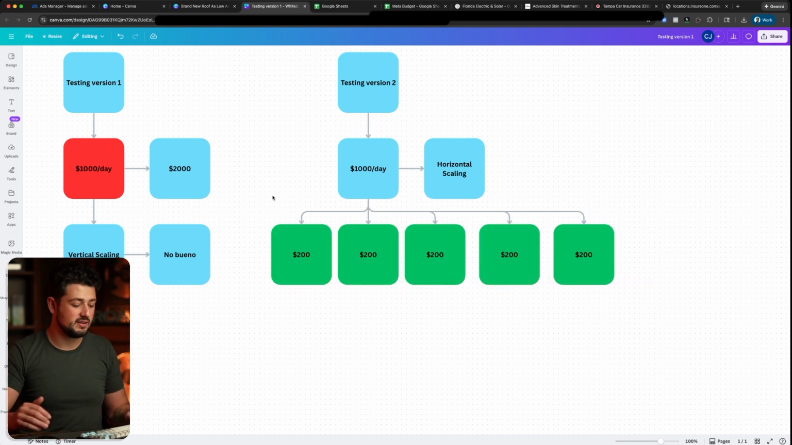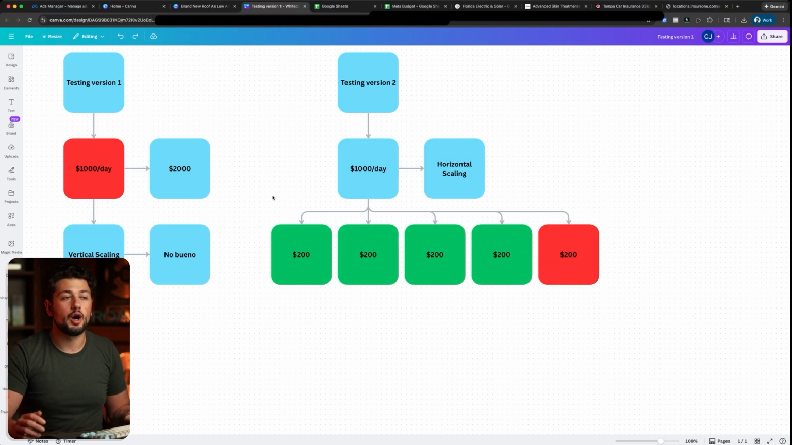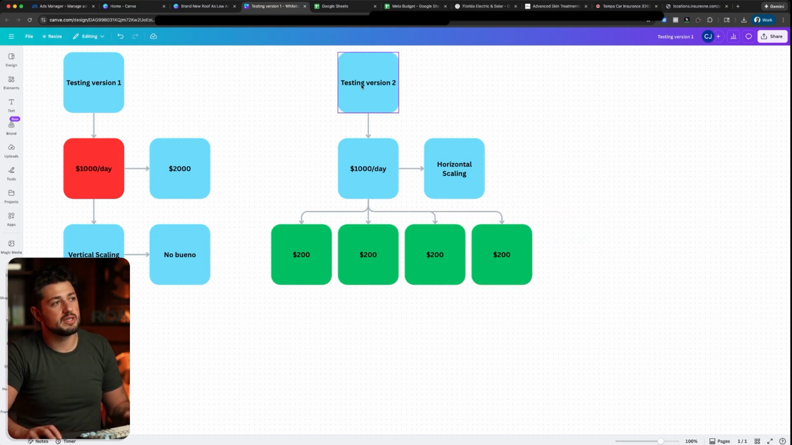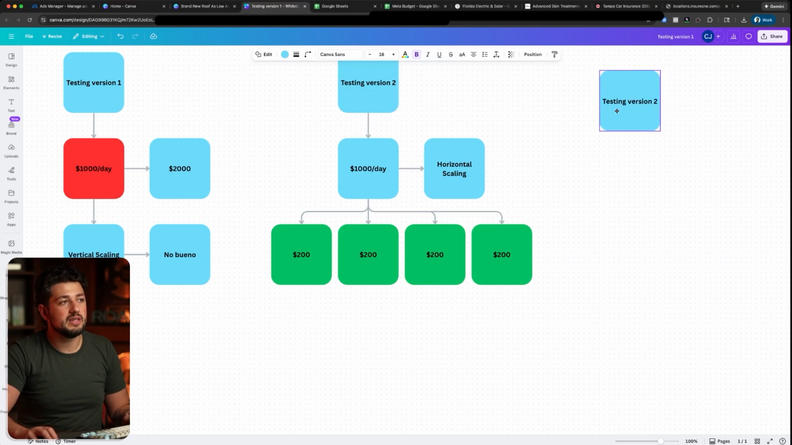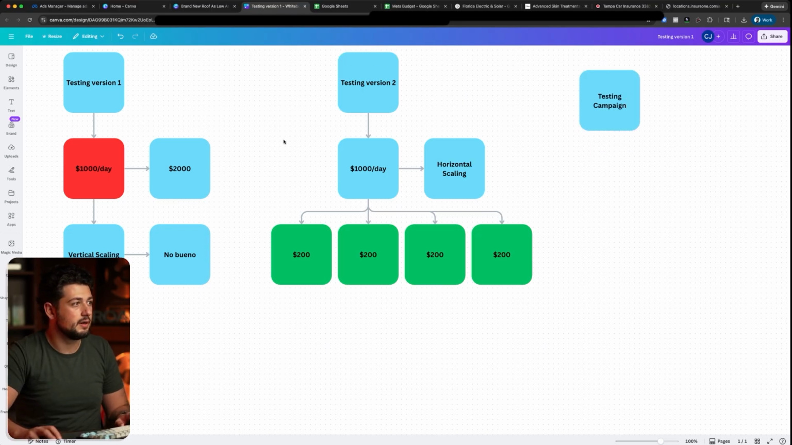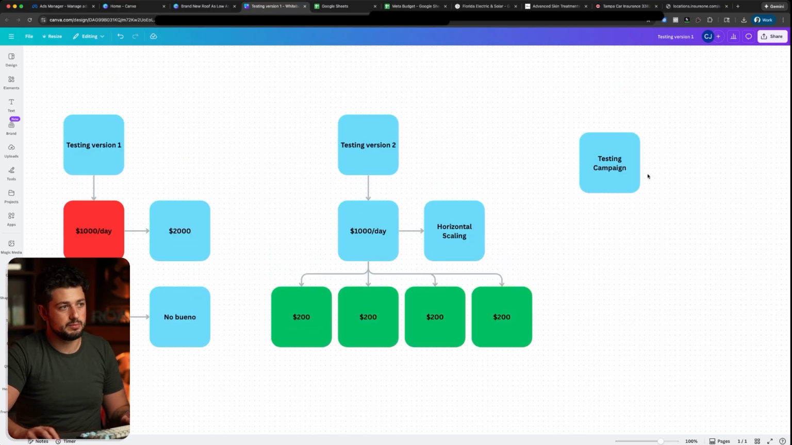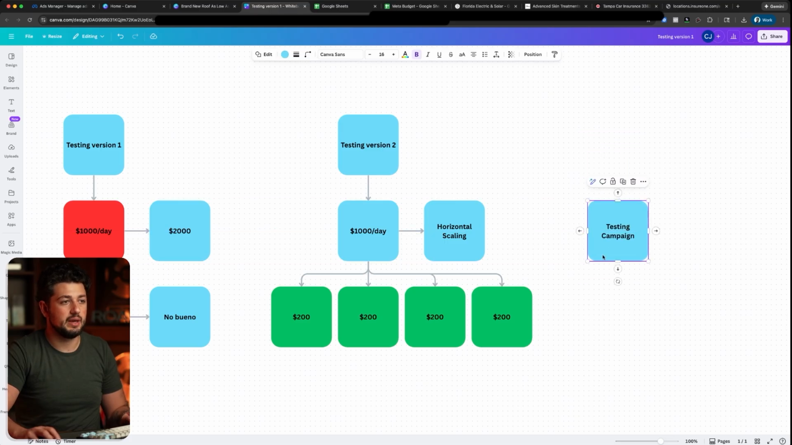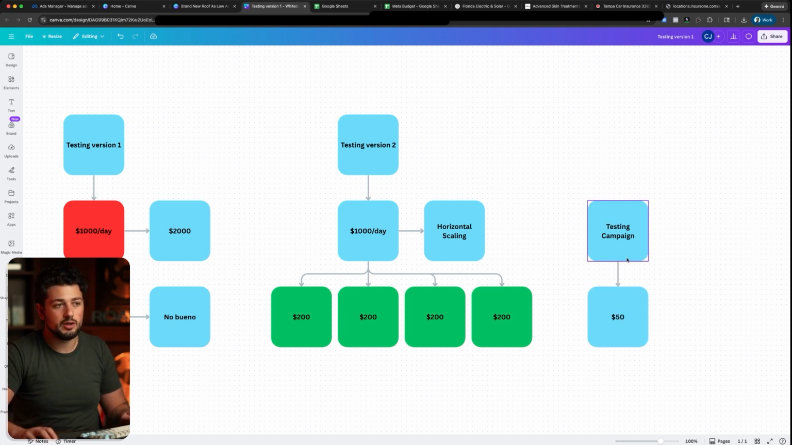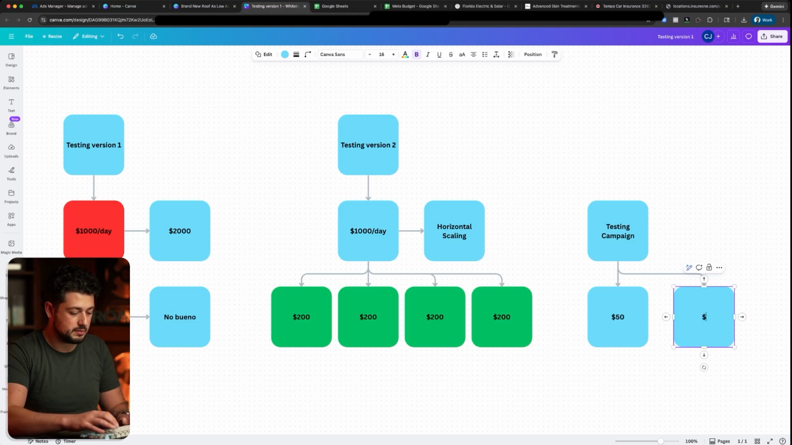But the issue with that is that winners are rarely winners forever. So what I would recommend doing here instead is take that $200 a day and move it into a testing campaign. Move it to a testing campaign, which will have its own $200, but rather than doing $200, we're going to do $50 4 times,